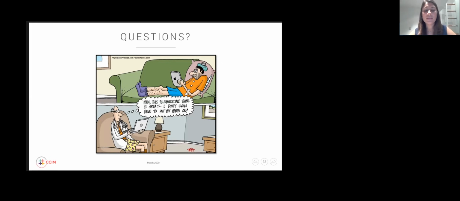Some of the platforms are good like that. On some of the platforms I've seen, the reception can just hit a button and it pings the patient to say your doctor's almost finished with the previous patient. They don't actually need to pick up the phone, and that goes directly to the patient via the app or the service they're using, or to their email, or via an SMS. So it's really platform-centric, having those extra services. This is why some of the ones that have waiting rooms are good, because they notify people that your appointment is coming up and get them ready.